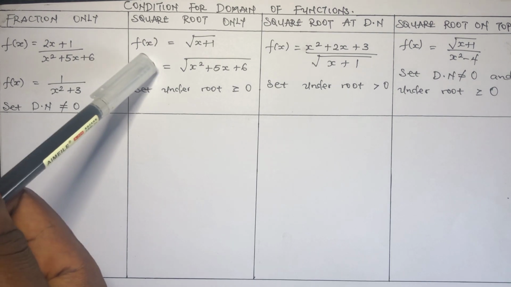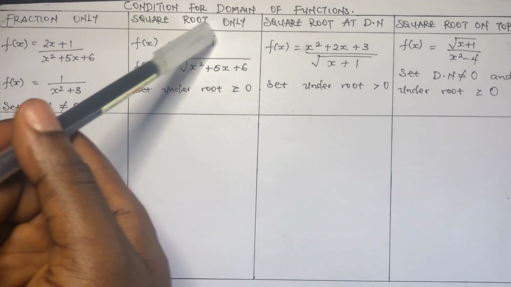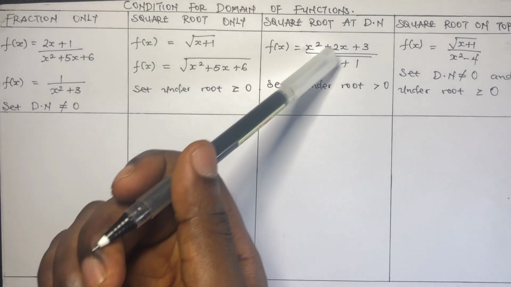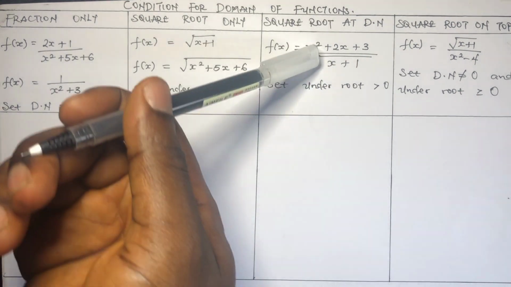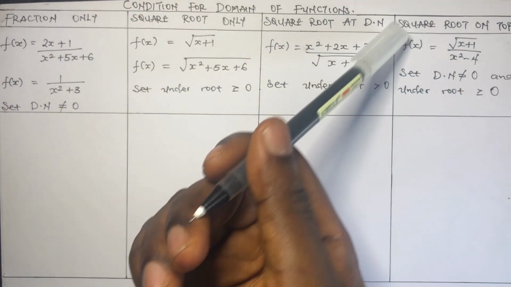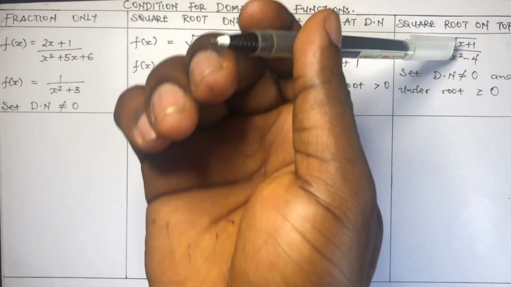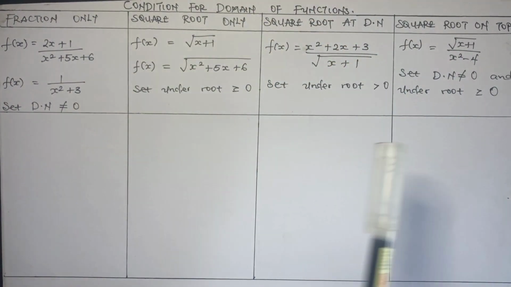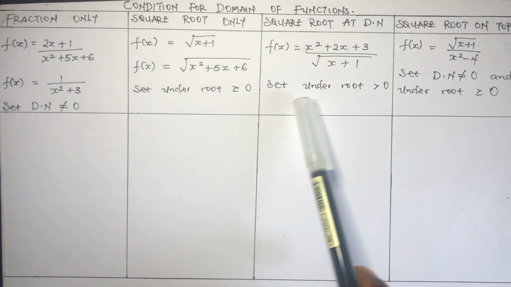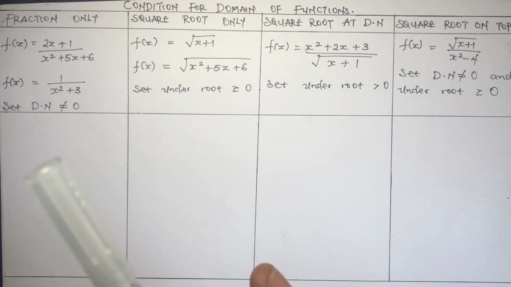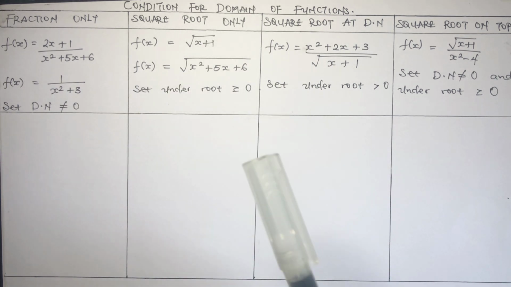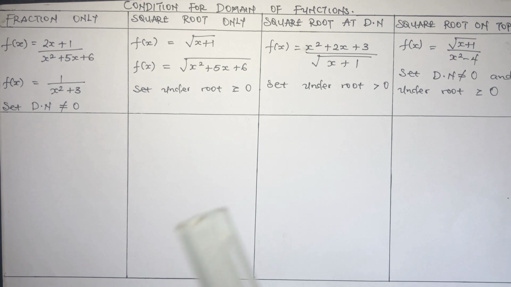And we also have a type of function that has roots. We have a fraction that is being divided by roots, and we also have a fraction that will have roots at the numerator. So these different types of functions, these different settings, need different approaches when you are talking about